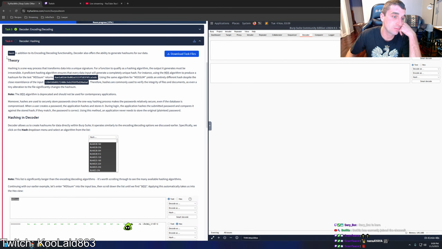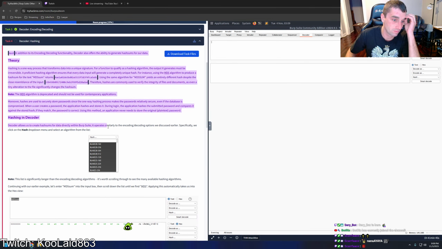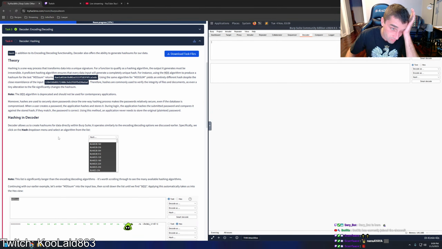Decoder hashing, okay. Hash. In addition to its encoding/decoding functionality, Decoder also offers the ability to generate hash sums for our data. Theory: hashing is a one-way process that transforms data into a unique signature. For a function to qualify as a hashing algorithm, the output it generates must be irreversible. A proficient hashing algorithm ensures that every data input will generate a completely unique hash. For instance, using the MD5 algorithm to produce a hash sum for the text MD5 sum returns